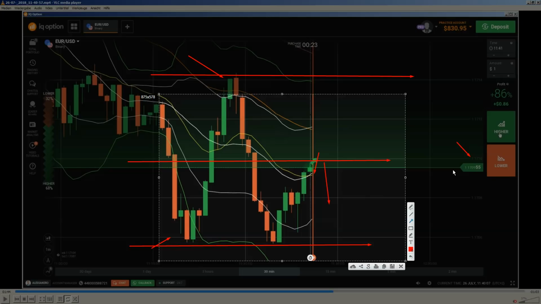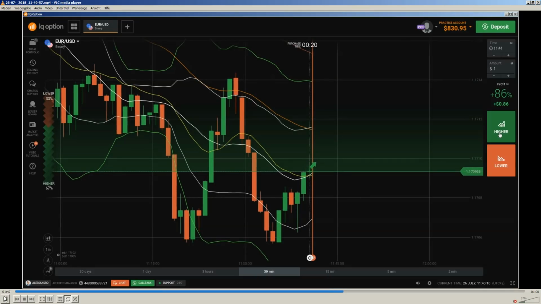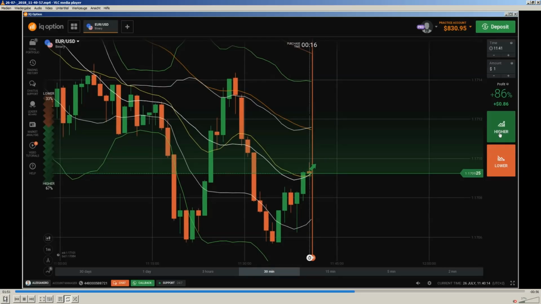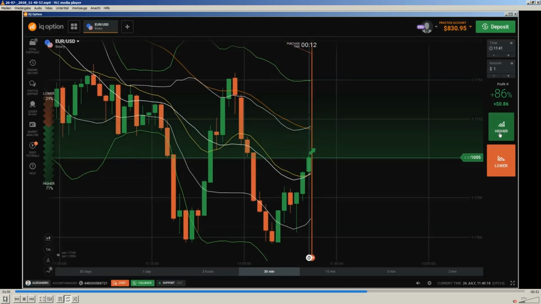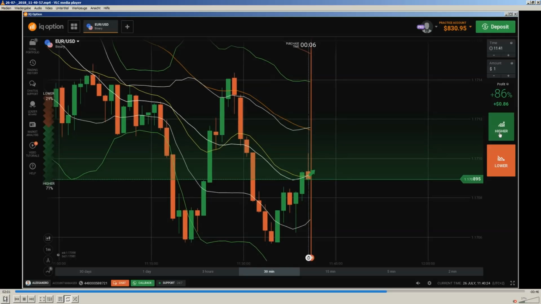You need some kind of evidence that there would be a trend continuation or not. So let me see what's going on here. Let me do a play, and as soon as the price I enter into it, I'm already having the mouse on the higher button. You see, I'm waiting to get the best entry point. Yes, and I pushed the button already, but I didn't enter it, because I saw this strong, sharp up